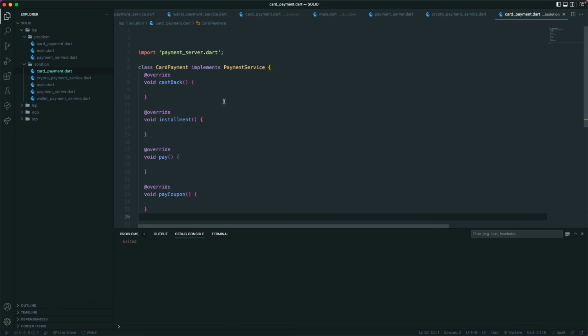So now it looks much cleaner and we are more specific, and this particular card payment doesn't have to use the unwanted methods, because we are not interested in those methods like the wallet and the crypto payment. We just need to have a cashback, installment, pay, and the coupon. So with the card payment I can have a cashback, installment, and I can just pay with the cash or